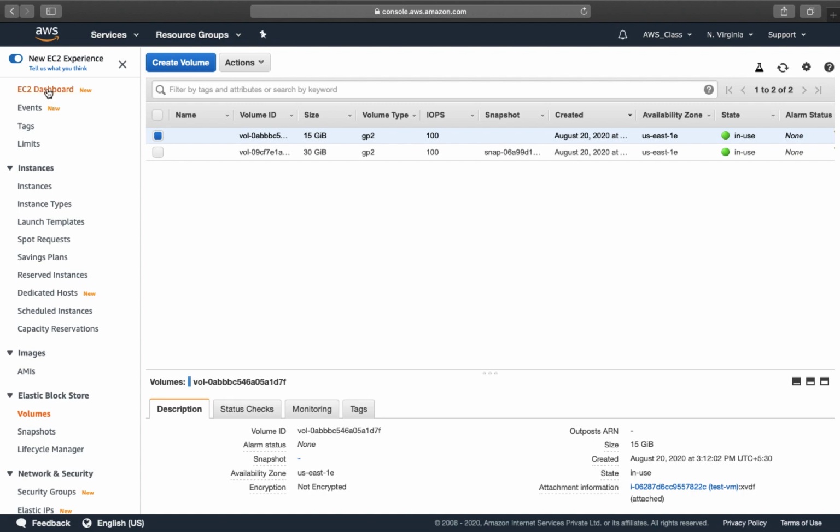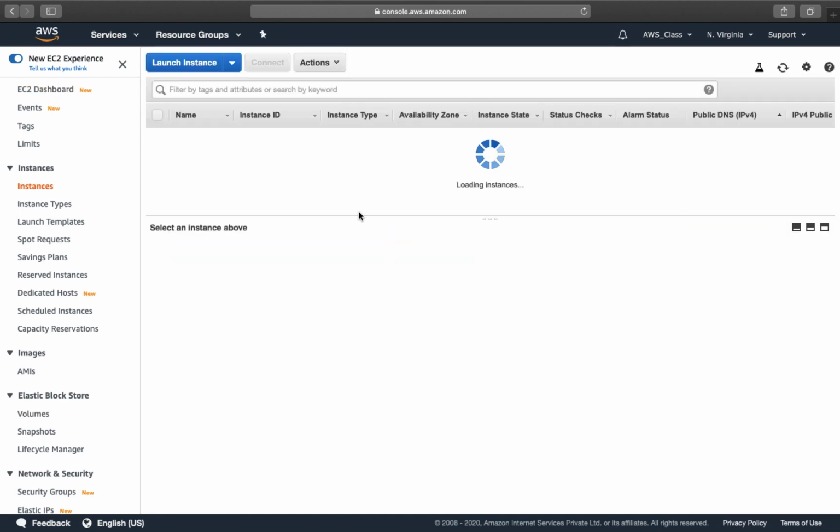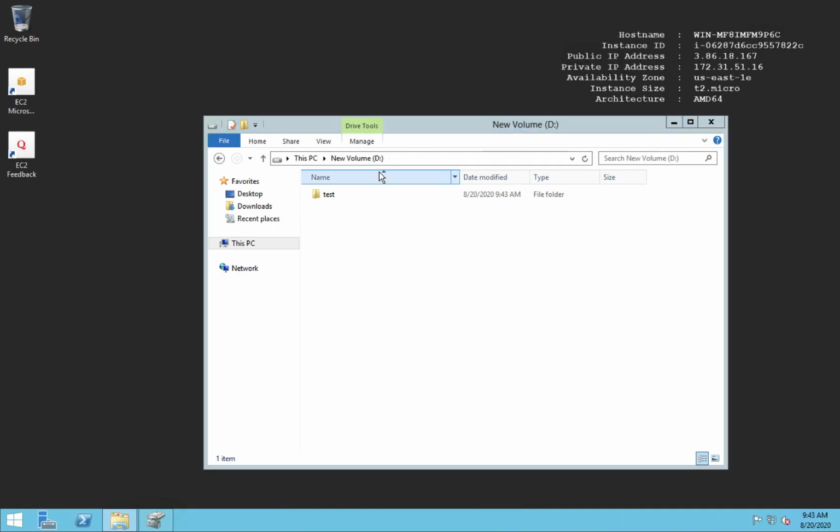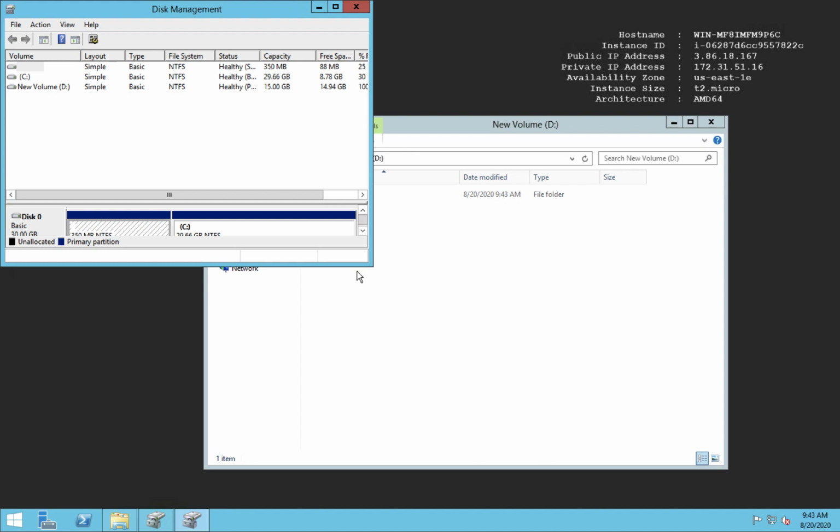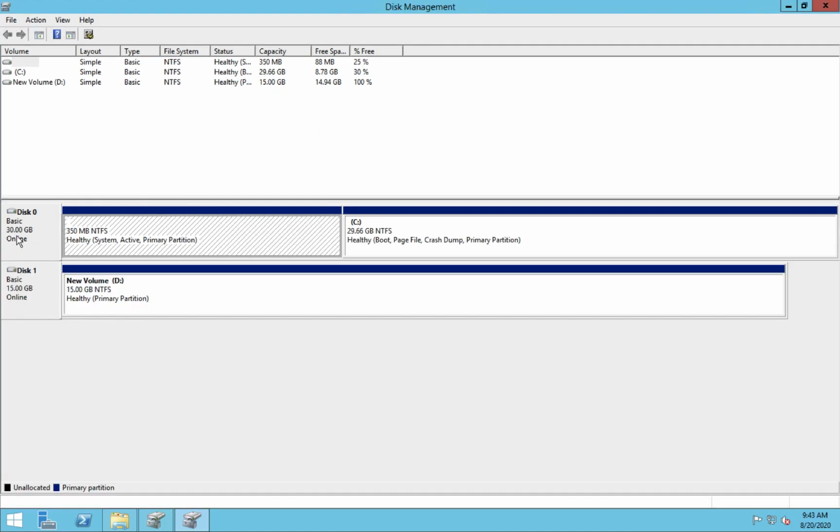Second step, for example, the user is demanding, could you please increase the size of our operating system disk? Because the size of the operating system disk is just 30 gig. So if you are planning to install multiple third-party tools or software, or some services of the Windows operating system, 30 gig, I think, is not enough to install the entire third-party applications and services of Windows. So as per the client's request, the client wants to increase the size of the C drive. So how can you do that? It's our responsibility as an architect.